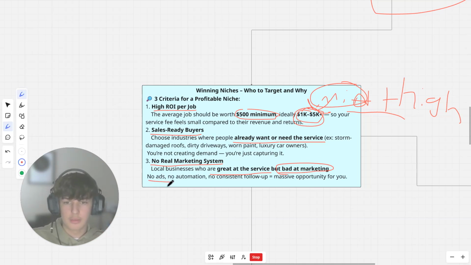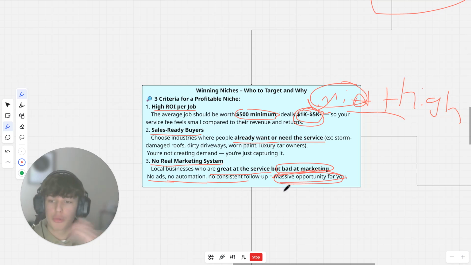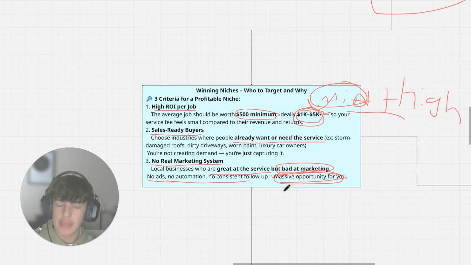Okay. So no ads, no automation, no consistent follow-up. Massive opportunity for you. If you go through their pipeline, say you submit a lead and they don't text you back within the next 30 minutes, and it takes them 4 or 5 hours, and there's no real follow-up after your lead form. So say it doesn't direct you to a website, doesn't direct you to their page,